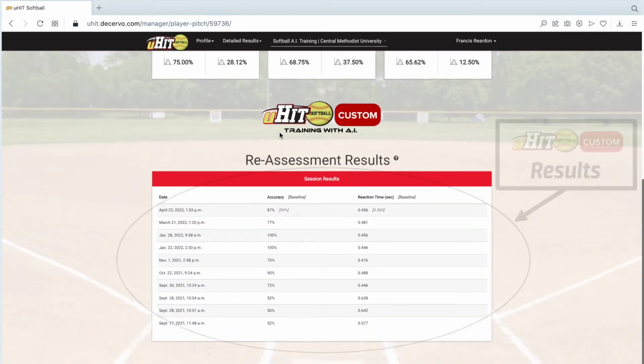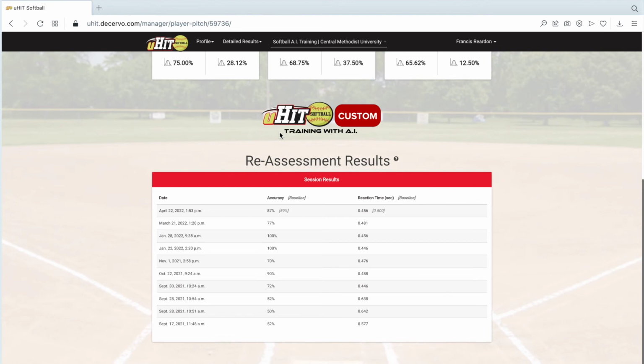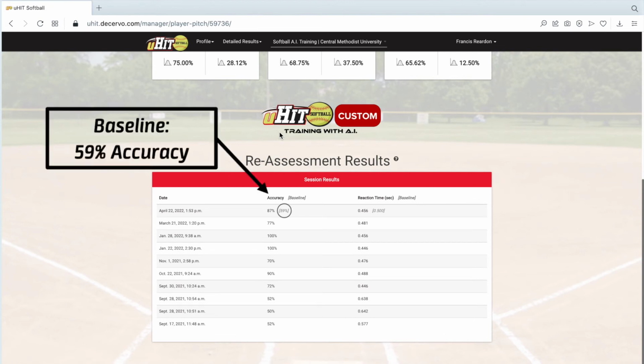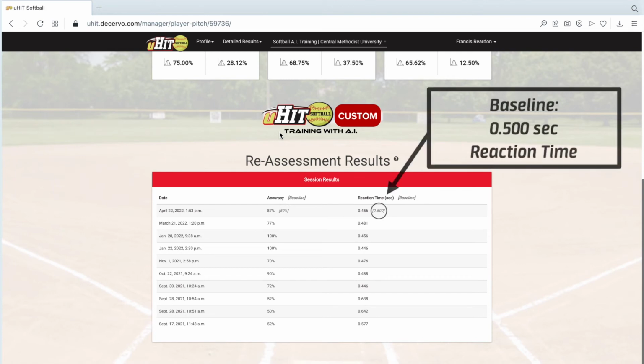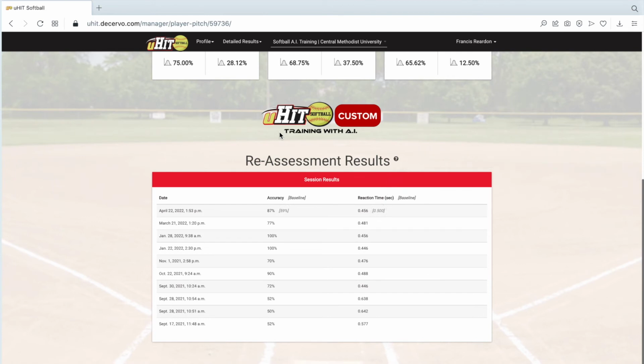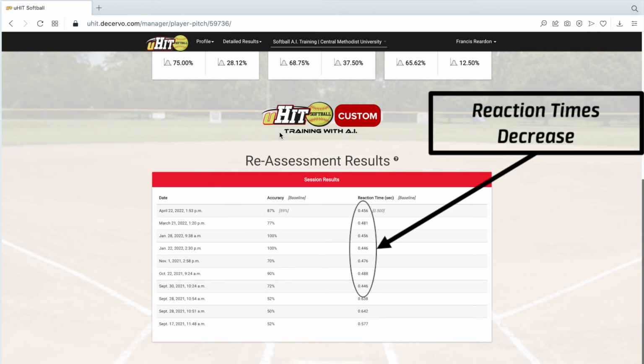Scrolling down, we again have the reassessment results from custom training. Coincidentally, we again compare a baseline of 59% accuracy and 0.5 seconds reaction time. We compare this to the reassessment results shown here. We see that the earlier sessions were even worse than the baseline in accuracy, and reaction time was slowing. But over time, the accuracies increase and the reaction times decrease to be substantially less than when the player began